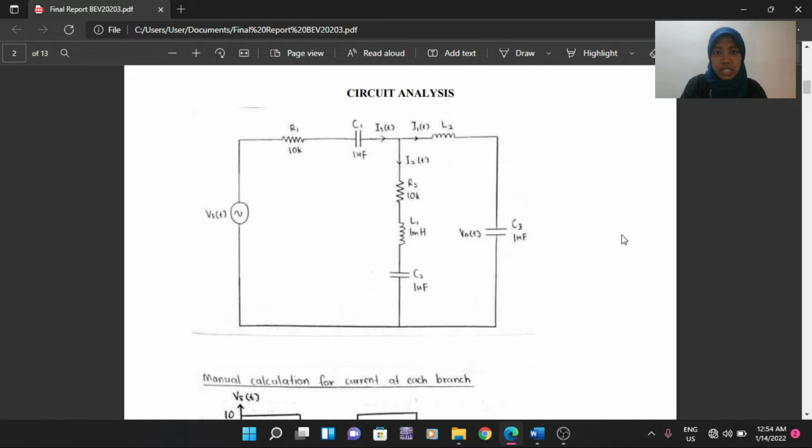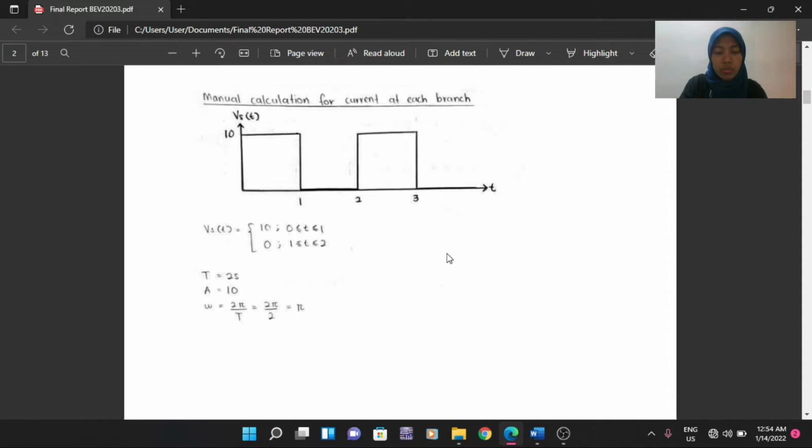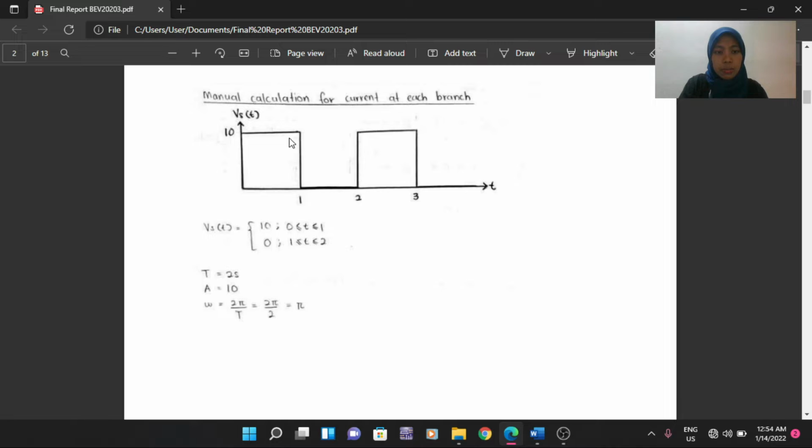for the circuit analysis by using the Fourier series. So basically this is our group circuit which has 2 resistors, 3 capacitors and 2 inductors that connect to the power supply. So this is the waveform of our graph where we get the square wave graph where